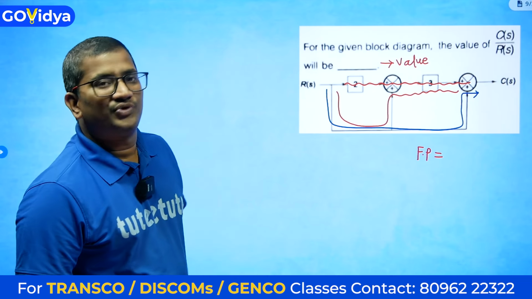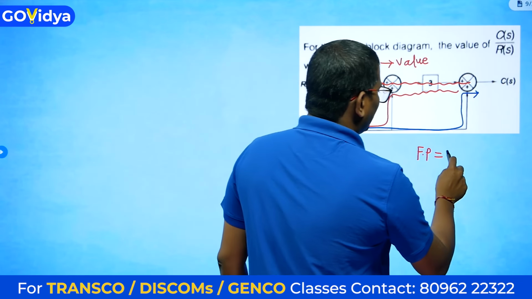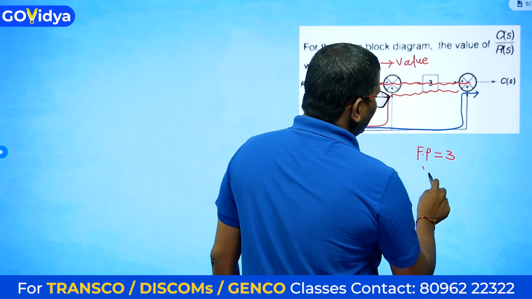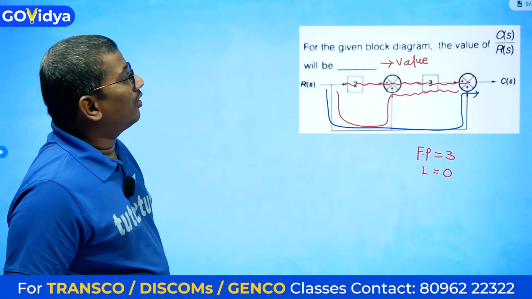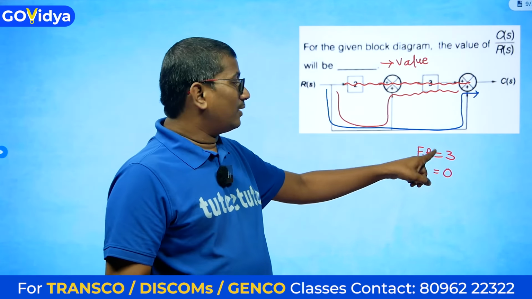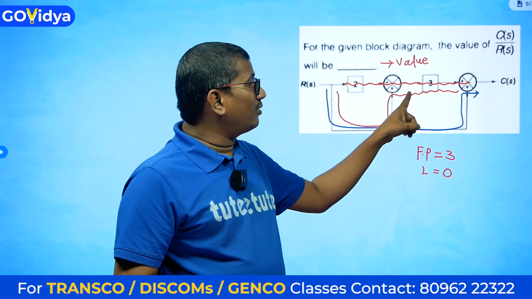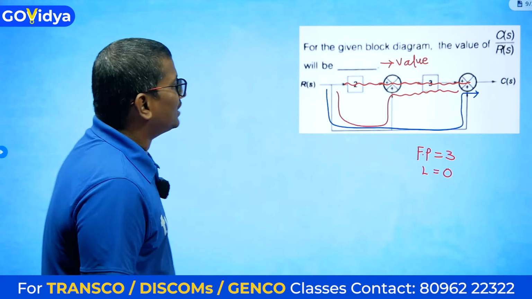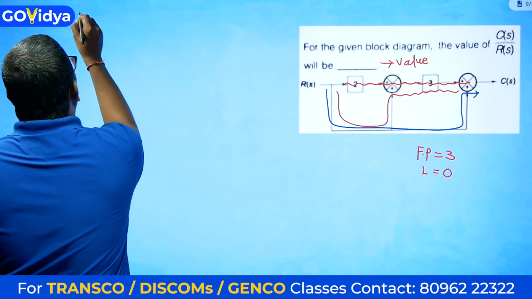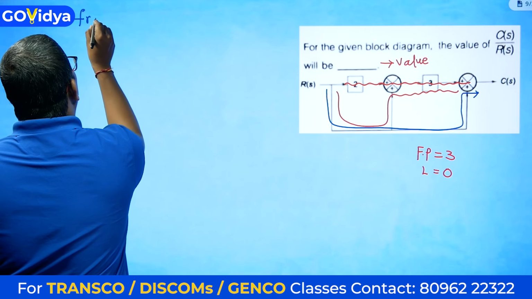Are there any loops? No loops. Loops are 0, forward paths are 3. All forward paths are positive, so no need to bother about the sign. So straight away, from Mason's gain formula,